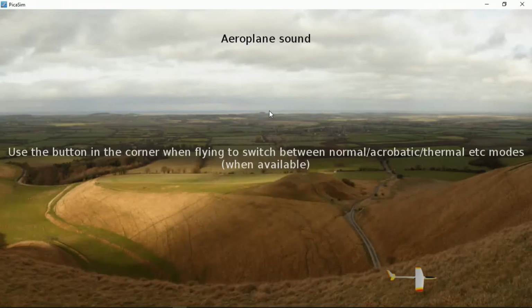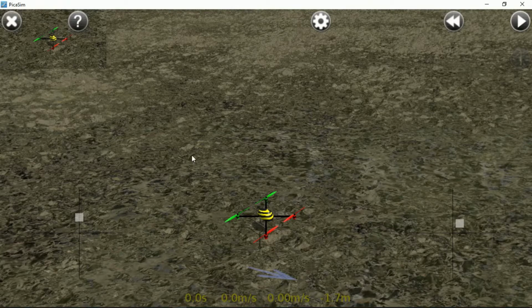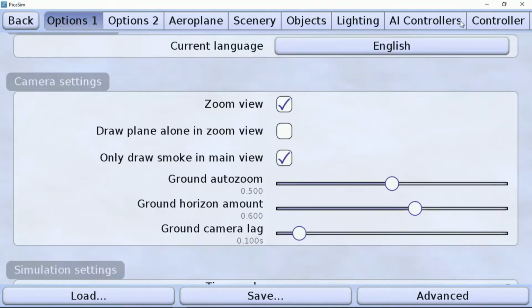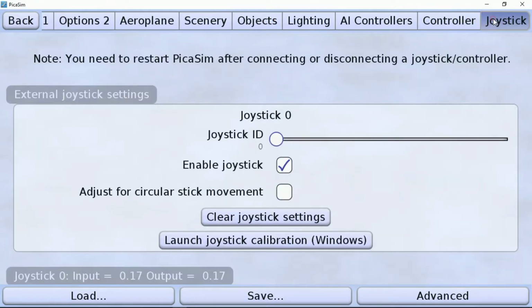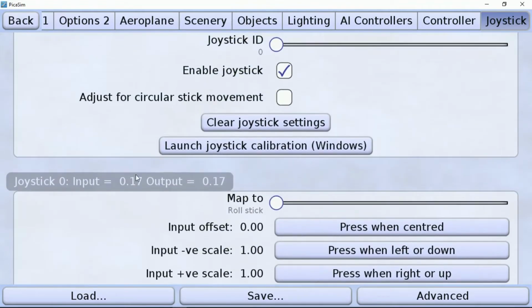For the first time we will have to do some settings. So go to the joystick. Make sure that you enable the joystick. So we'll map all the channels to each joystick. Here I have mapped joystick 0 to roll stick, joystick 1 to pitch stick.